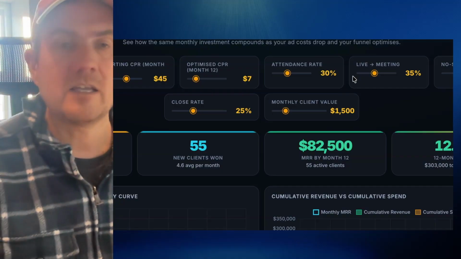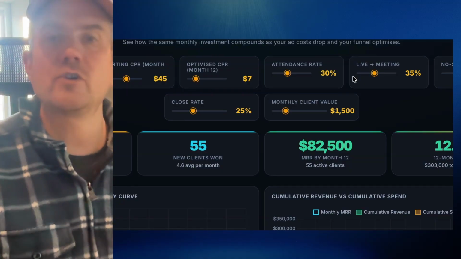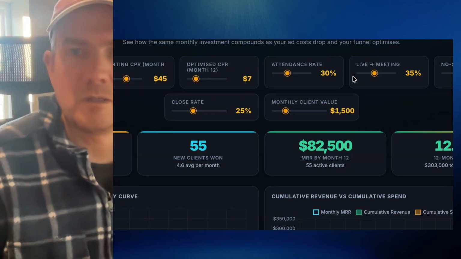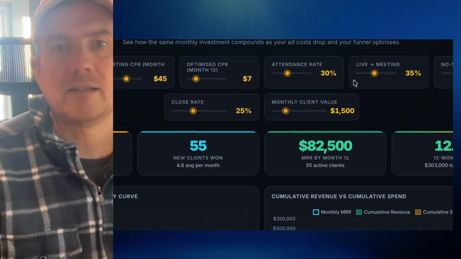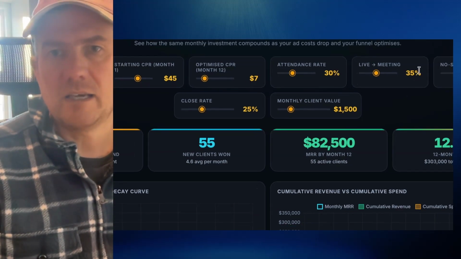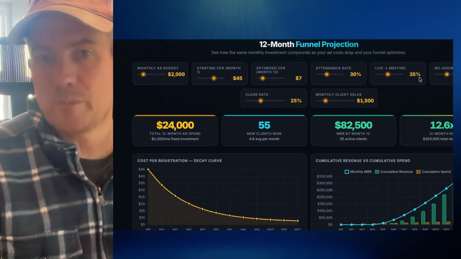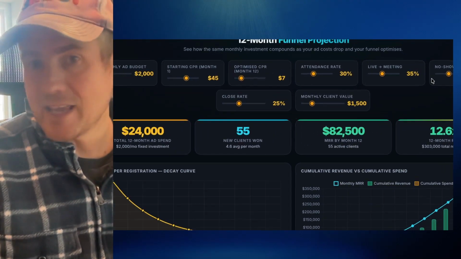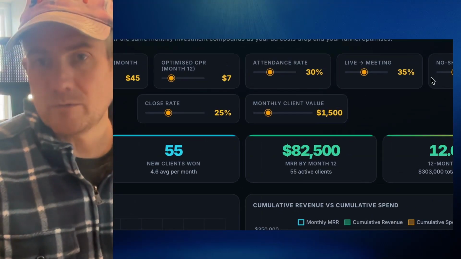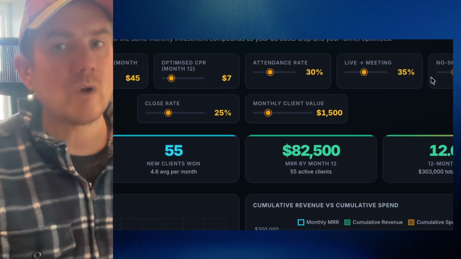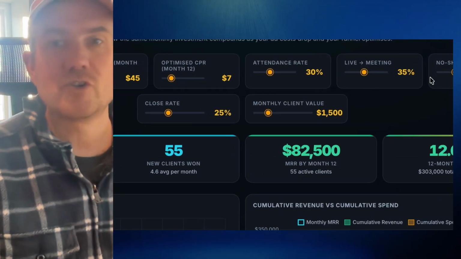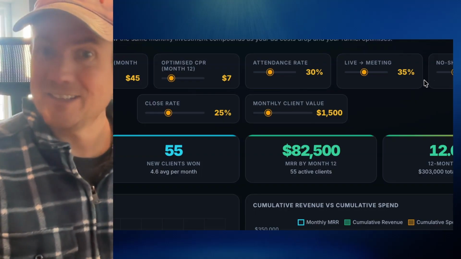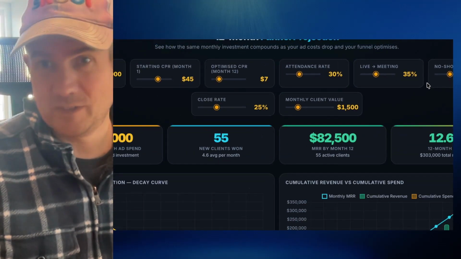But 30%, if you've got the right mechanisms in place for your webinar, that's how many people are actually going to attend. Then you've got basically the percentage of those attending who actually book a meeting with you. Like as the next step of your webinar, how many are going to book that intro call with you? The initial sales meeting, you could even say.